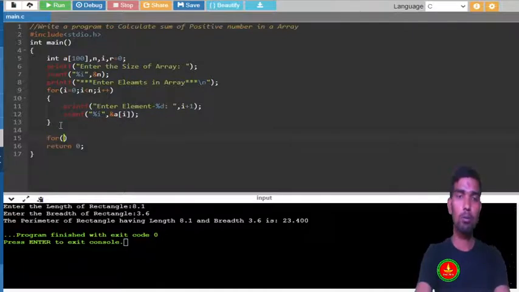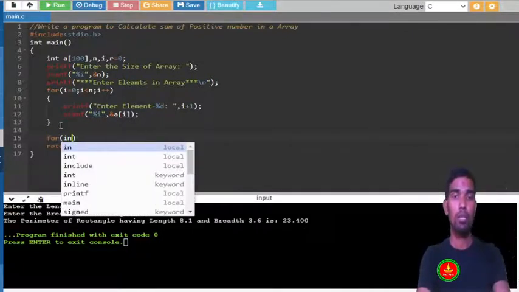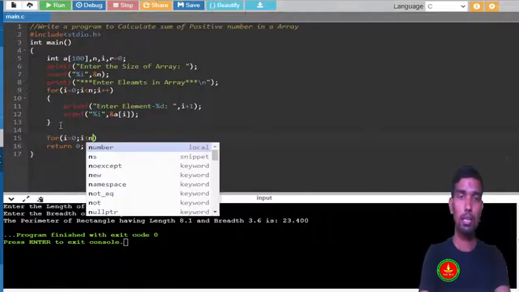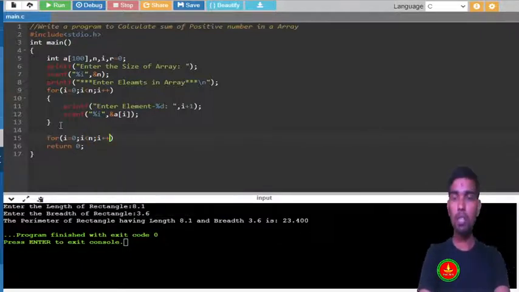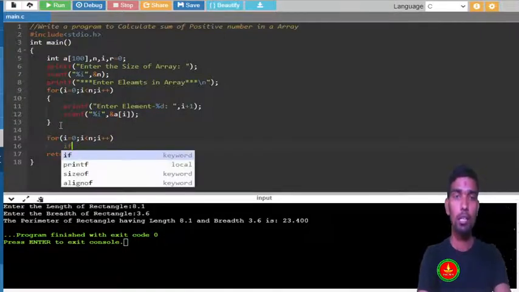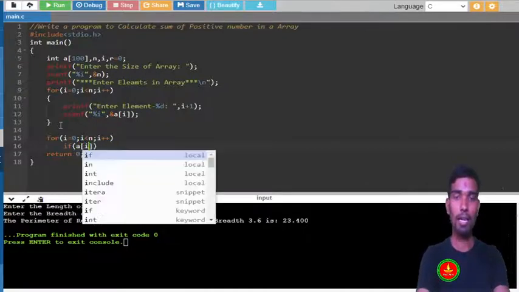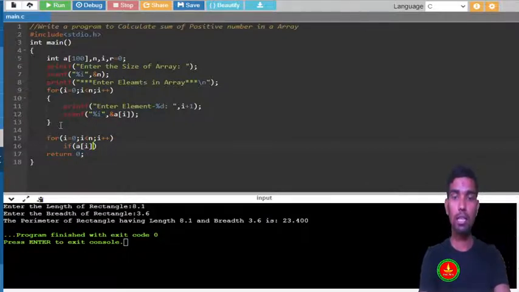Now we are going for calculation to operate on the array. To operate on array, we are again using a loop. i equal to 0, i is less than n, i plus plus. Even I can minimize this program, but for a new person it will be difficult. So I am just going a little bit longer. So r equal to r plus what? Sorry, I have to first check if that number is greater than 0 or not. So if a of i, means index 0, is greater than 0,